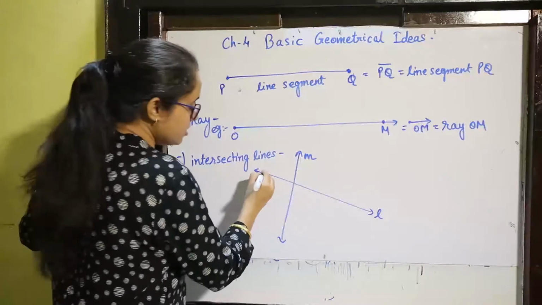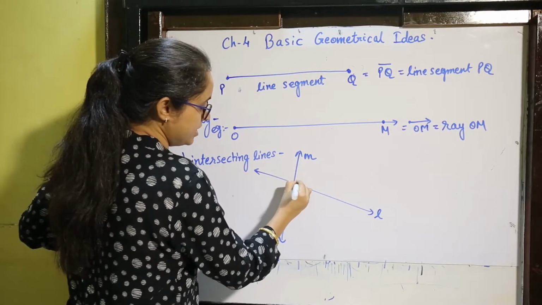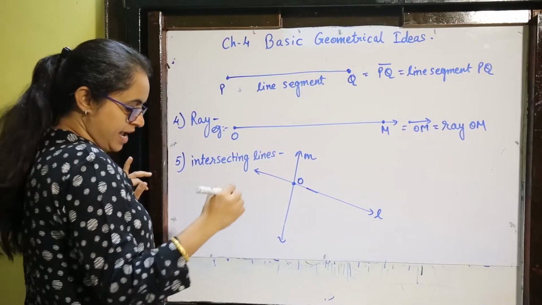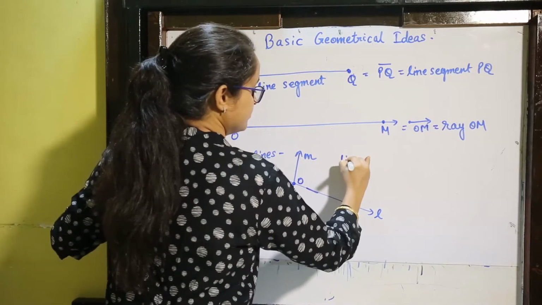Suppose you have these lines and they are meeting at point O. So you can write like this: line L and line M